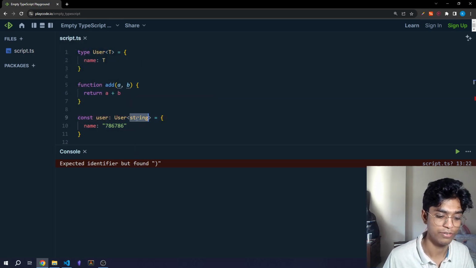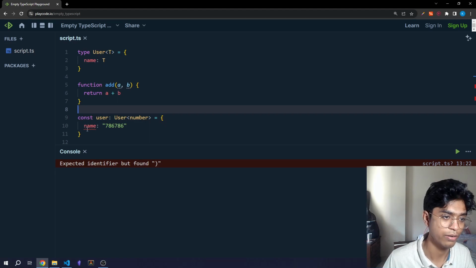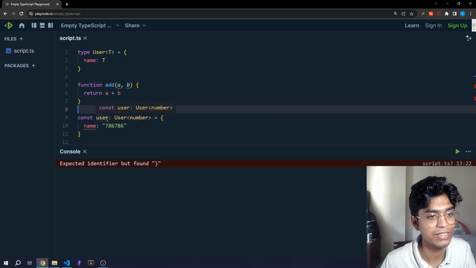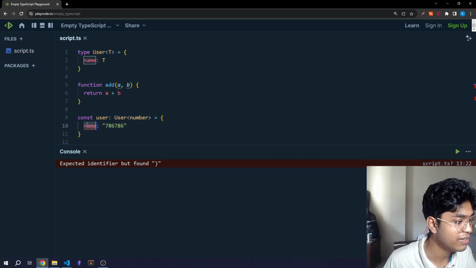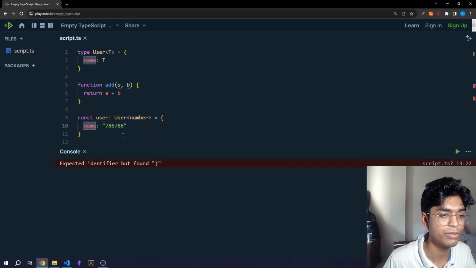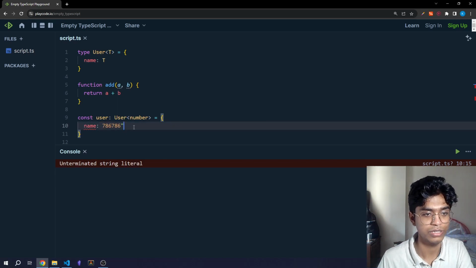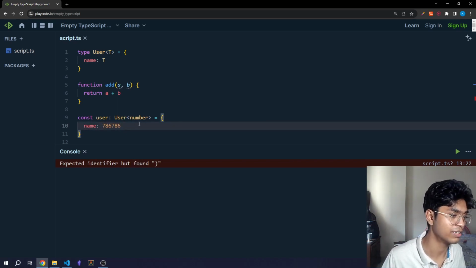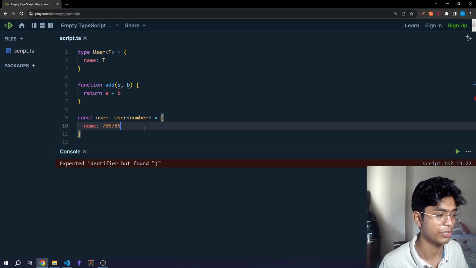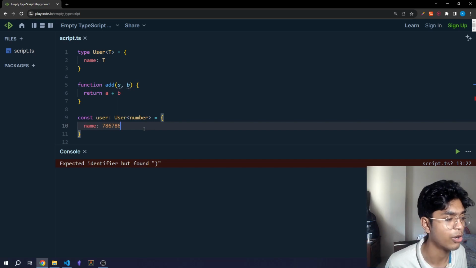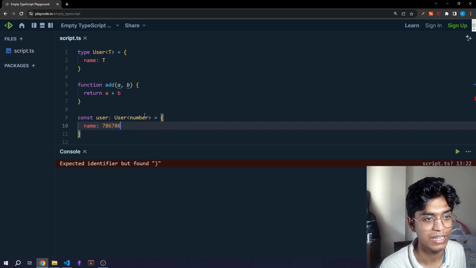However, if I give it a number, it would throw an error, because we are telling the user type that, hey, the name field needs to be a number, not a string. And when we do this, it's going to be fine, because now the type is satisfied. This is how a generic can be used. This is the console.log hello world of generics. Alright, this is what it is.